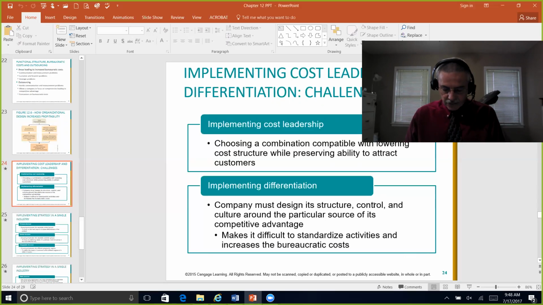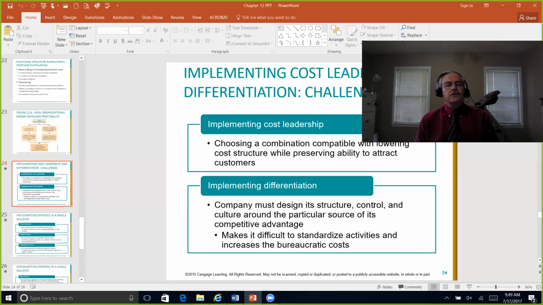Implementing a differentiation strategy is just that. It's trying to find that balance between cost and being the differentiator in the industry so that you can pursue more market opportunities to serve greater markets and increase your market share. But that's really what implementing a differentiated strategy is all about. As you can imagine, that could become more difficult, especially if you are a company that provides standardized products. Now, how are you going to go about